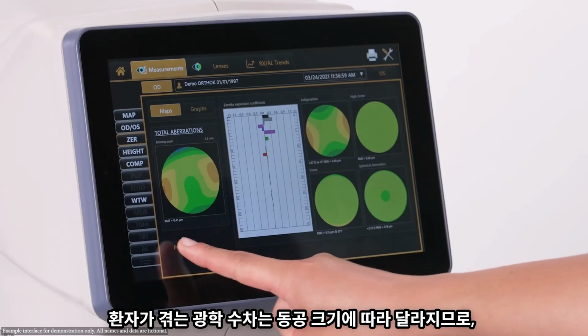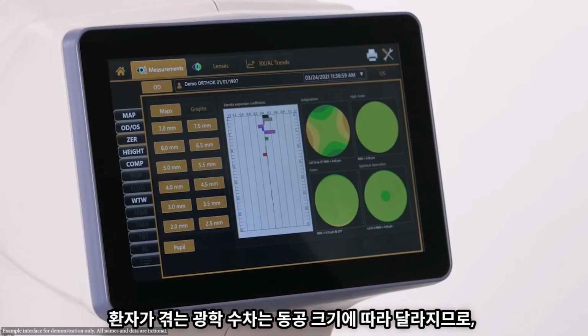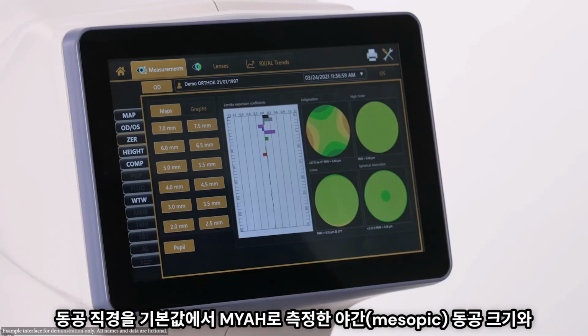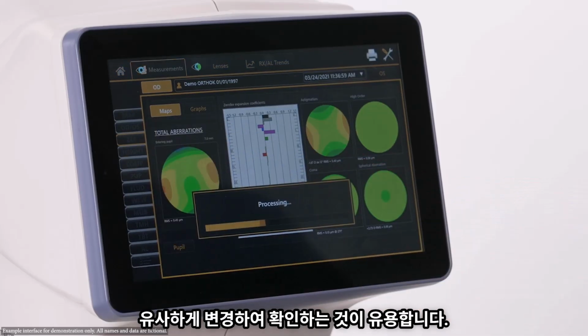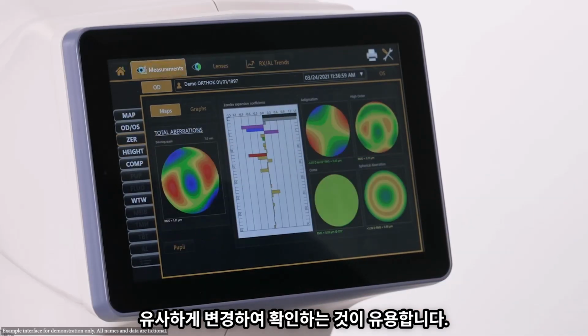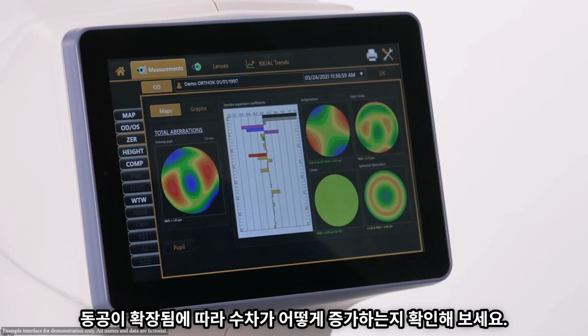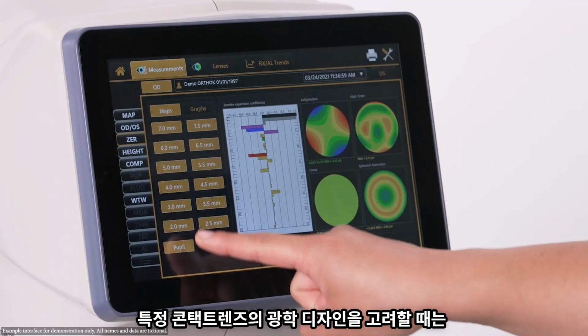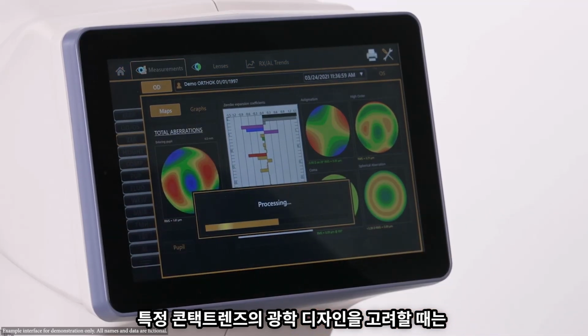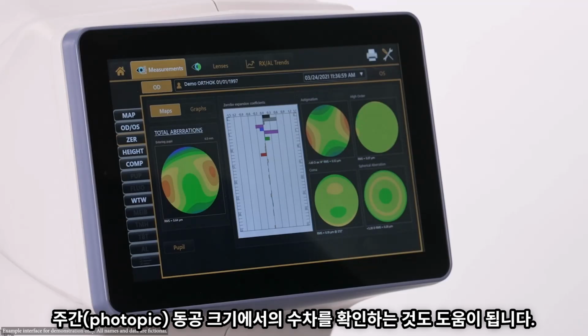The optical aberrations experienced vary with pupil size, so it is useful to change the pupil from the default value to a diameter that closely matches the pupil measurements captured with the MYAH under mesopic conditions. Notice how the aberrations increase as the pupil dilates. It can also be useful to look at the aberrations for the photopic pupil size when considering certain contact lens